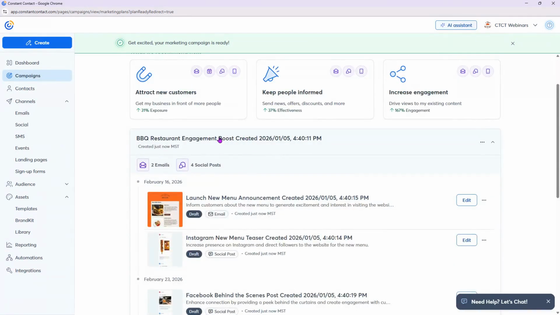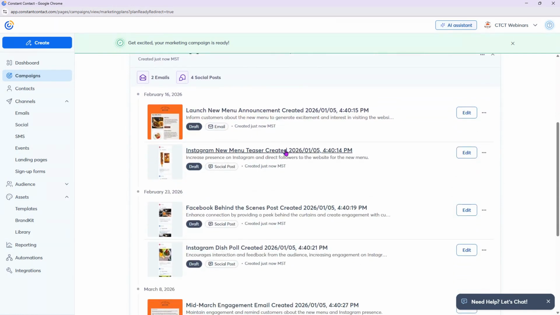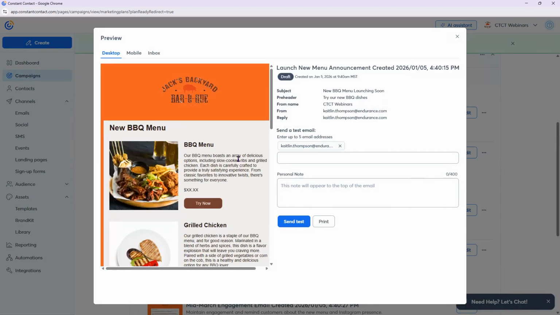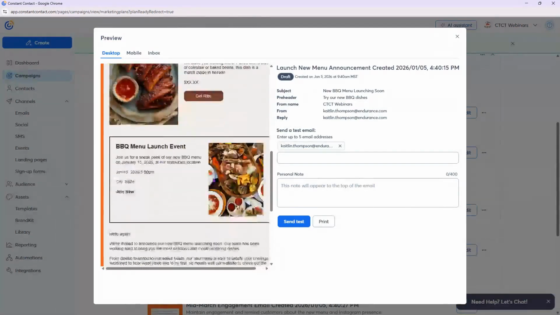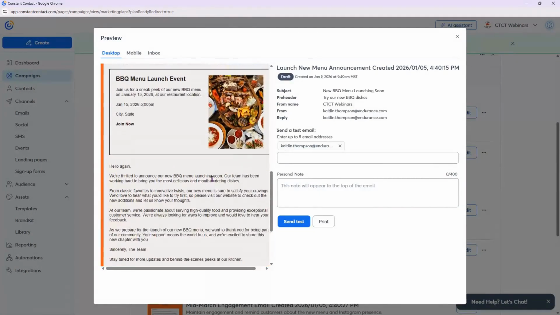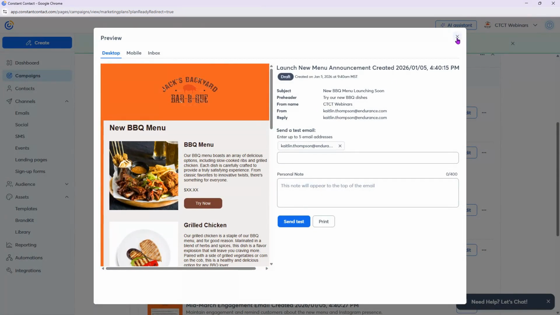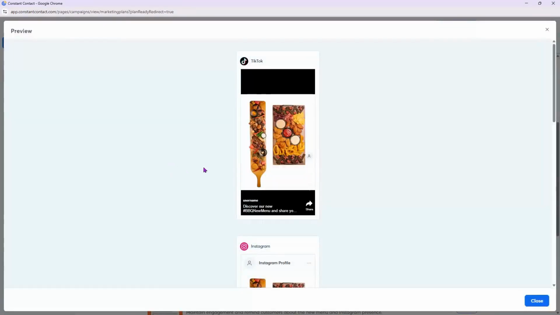Okay, so this one, barbecue restaurant engagement boost, 2 emails and 4 social posts is what it suggests. We don't need to go through and edit everything again, but just to kind of see what it gave us. So it suggests on the 16th, an email and social post about the menu. So that's kind of what that looks like there. Has a nice paragraph, and above that, different pictures of things on the menu. And then the post,